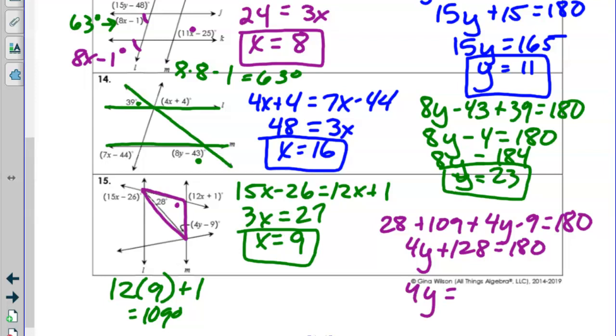What will 4y equal? 52, and then y is 13, right? Yeah. Very good. Alright, do those not seem quite so scary anymore, I hope? Yeah, no, those are